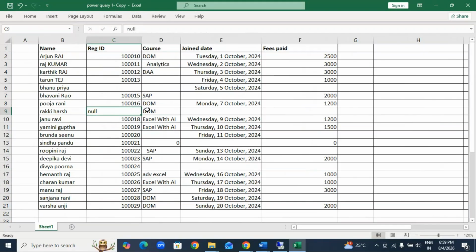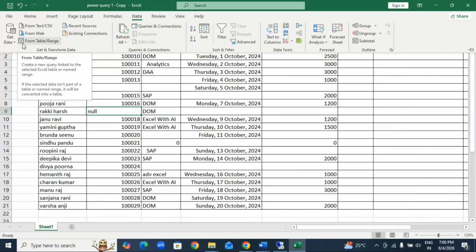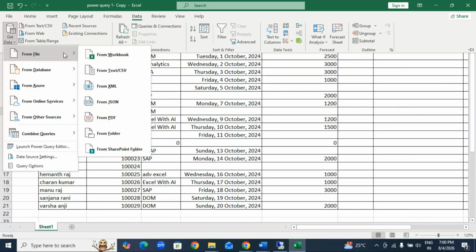First, I am going to import the data. First, open your data in your Excel, then go to the Data tab. In that, you can see the Get and Transform Data option. Here we can import different sources of data into Excel. Not only Excel, but also Notepad file, CSV format, JSON format, PDF options, and WordPad options. See, Excel, CSV, XML, JSON, PDF,